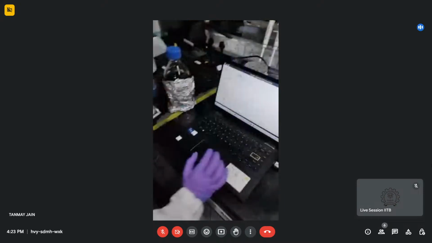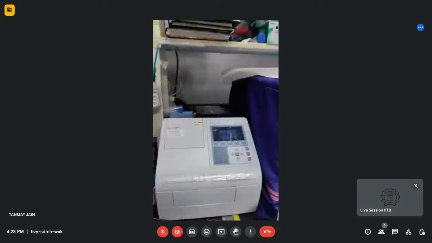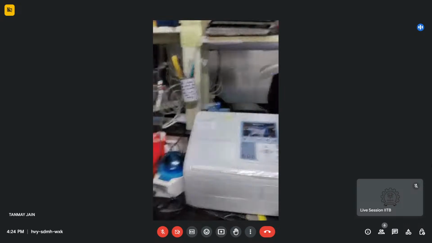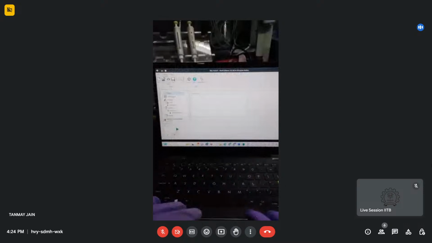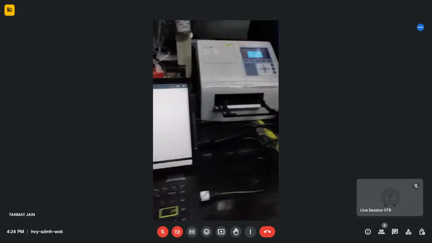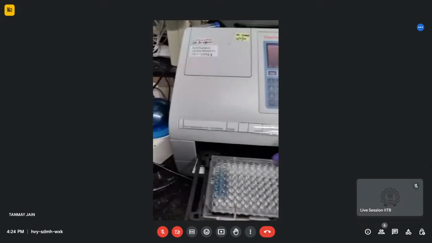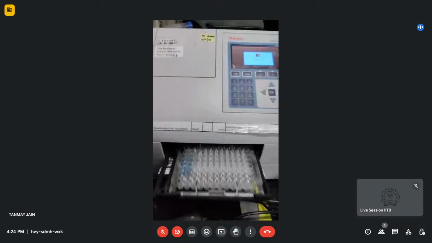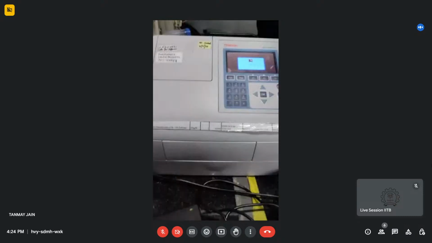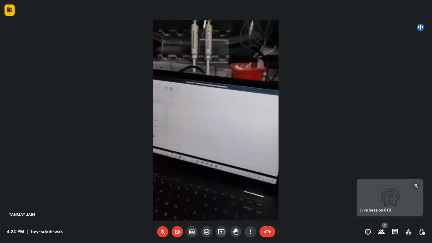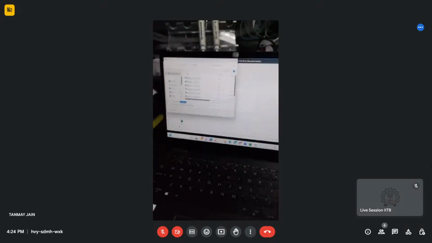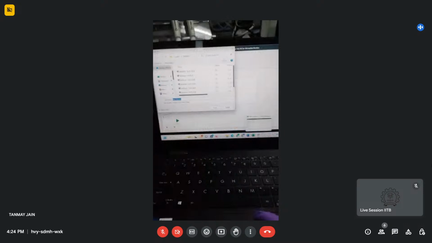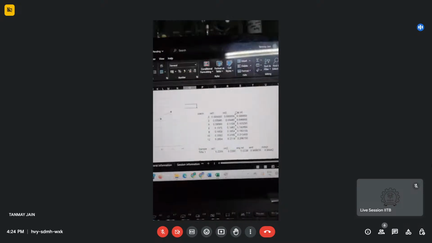Now, as you can see, we are going to use this particular Multiskan to do the protein quantification. We have the SkanIt software installed in our system to run the Multiskan. So, as you can see, we are going to place our plate that has the multiple different concentrations of BSA as well as our unknown sample into it, and we are going to take the absorbance at 560 nanometer. Now, once you have taken the absorbance, you will get the output value